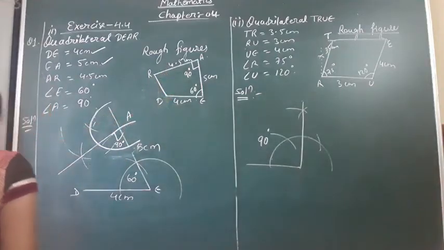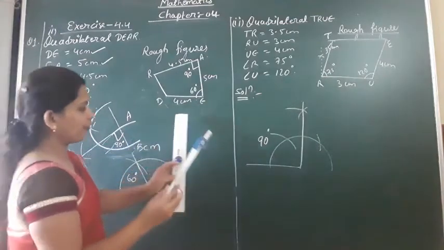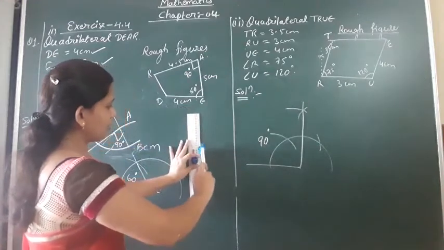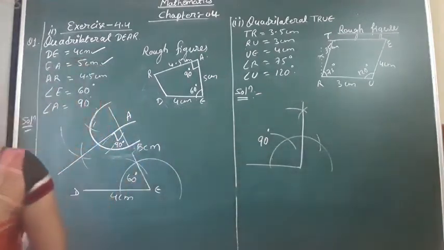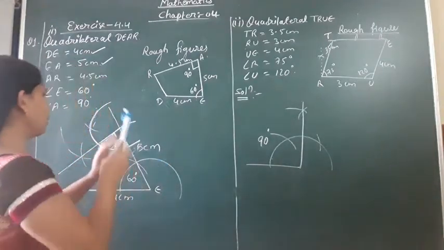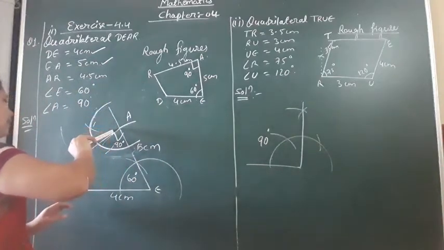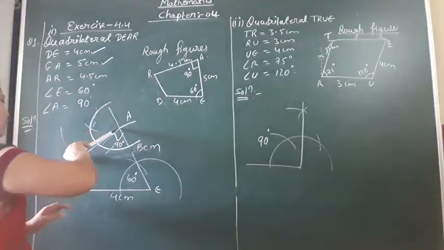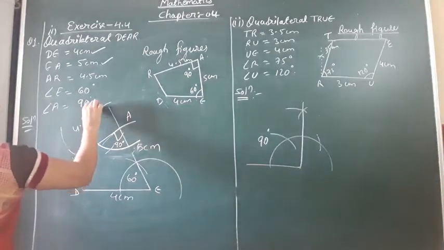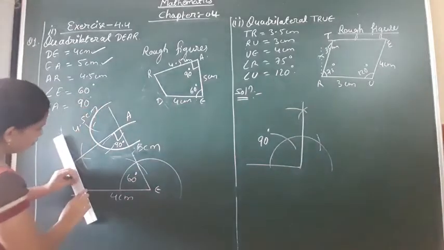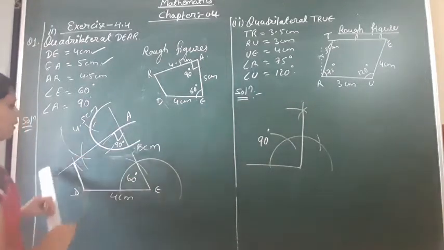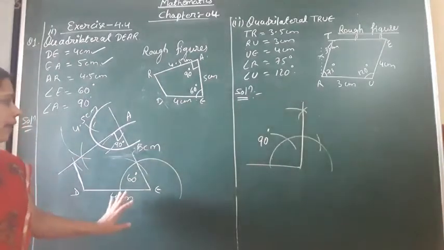Now what is the measurement? 4.5 is the measurement. On the mouth of your rounder, measure 4.5 centimeter. With the help of your scale, keep the zero, stretch the pencil part. How much? 4.5 centimeter you have to measure. So on the mouth of your rounder, how many centimeters do you have? 4.5 centimeter. Now keep the needle at point A and cut the 4.5 arc. So you have got an arc over here. What is the distance? It is 4.5 centimeter. With the help of your scale, you have to join the line. Clear? So this is the diagram which you will obtain by using this measurement.